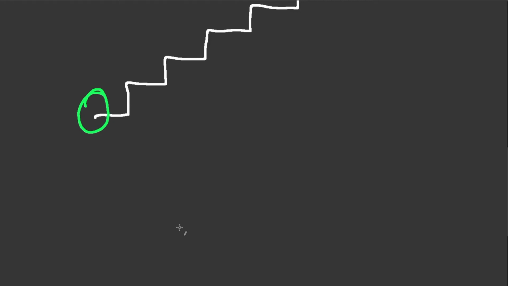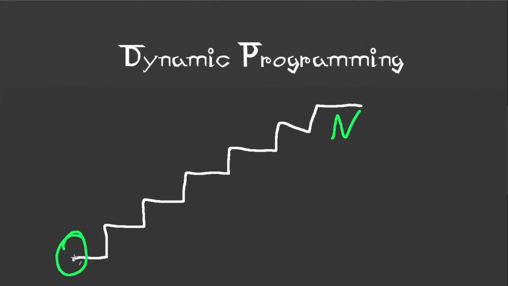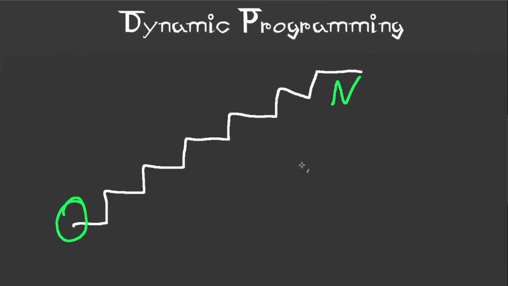And so what you want to do instead is, instead of imagining yourself at the bottom of the steps and having to reach the top, you think through the problem backwards. And so you ask yourself, if we're at this top step, how could we possibly have reached this top step? And the answer is we either came from one step prior or two steps prior. And the thing is, if we know the solution to these two problems, the number of ways to reach this step and the number of ways to reach this step, we can just add those together,